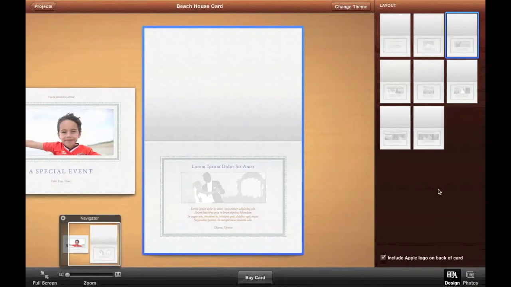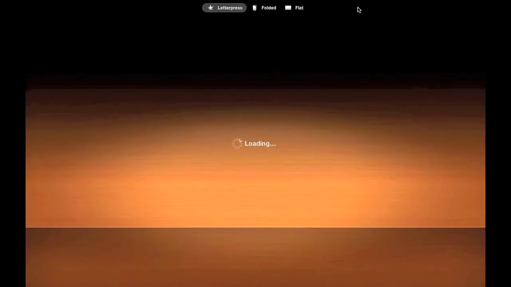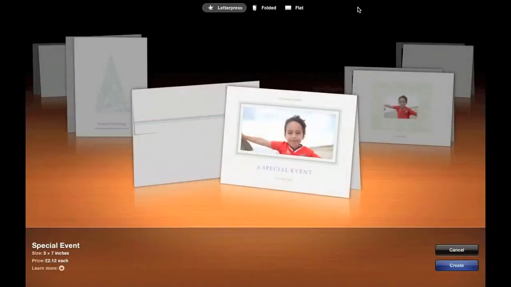So you can see you've got a theme tool and design tool. You can also see the pictures that we're using to edit at the moment, but we can always take the full pictures from the event that we're in. So this is a beach house event, and it's a picture from that. So we'll go back,